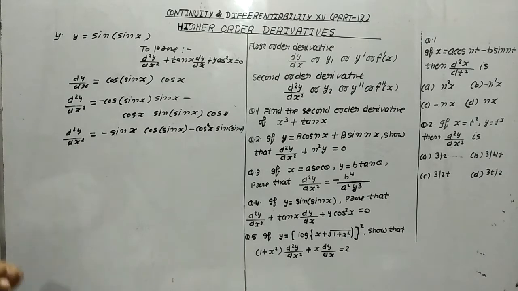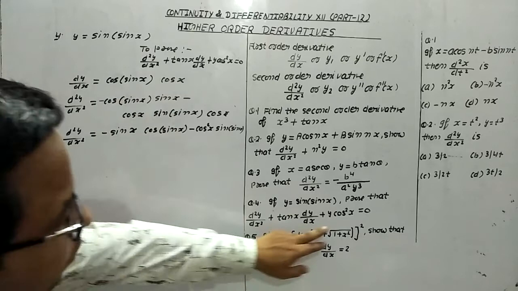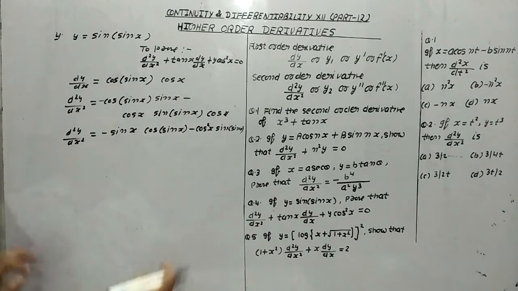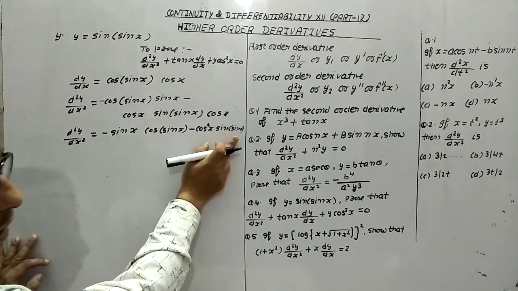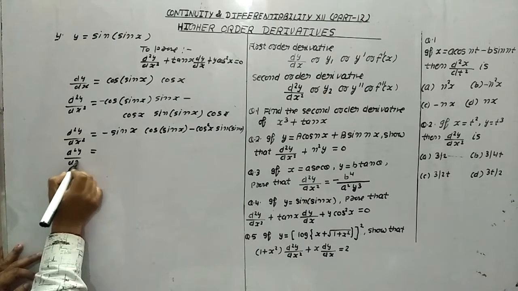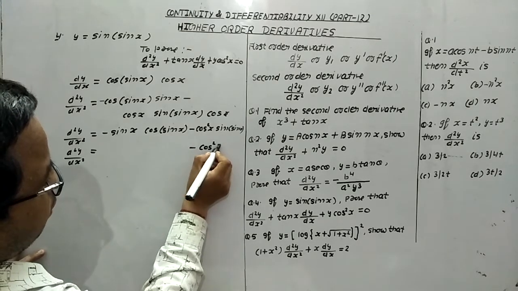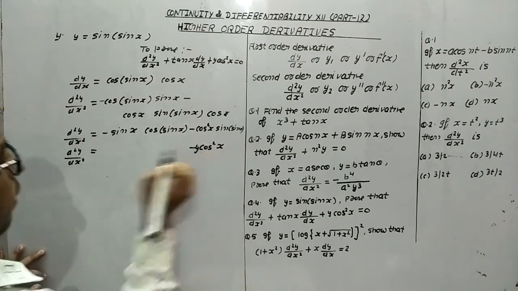Now look at this thing. Wherever we are getting the value, we will arrange this part. First of all, we have to check this thing. We want dy by dx also, and we want y cos square x. So first of all, this is already equal to y. So this part is working in d2y by dx square: this is cos square x, and this value is y.